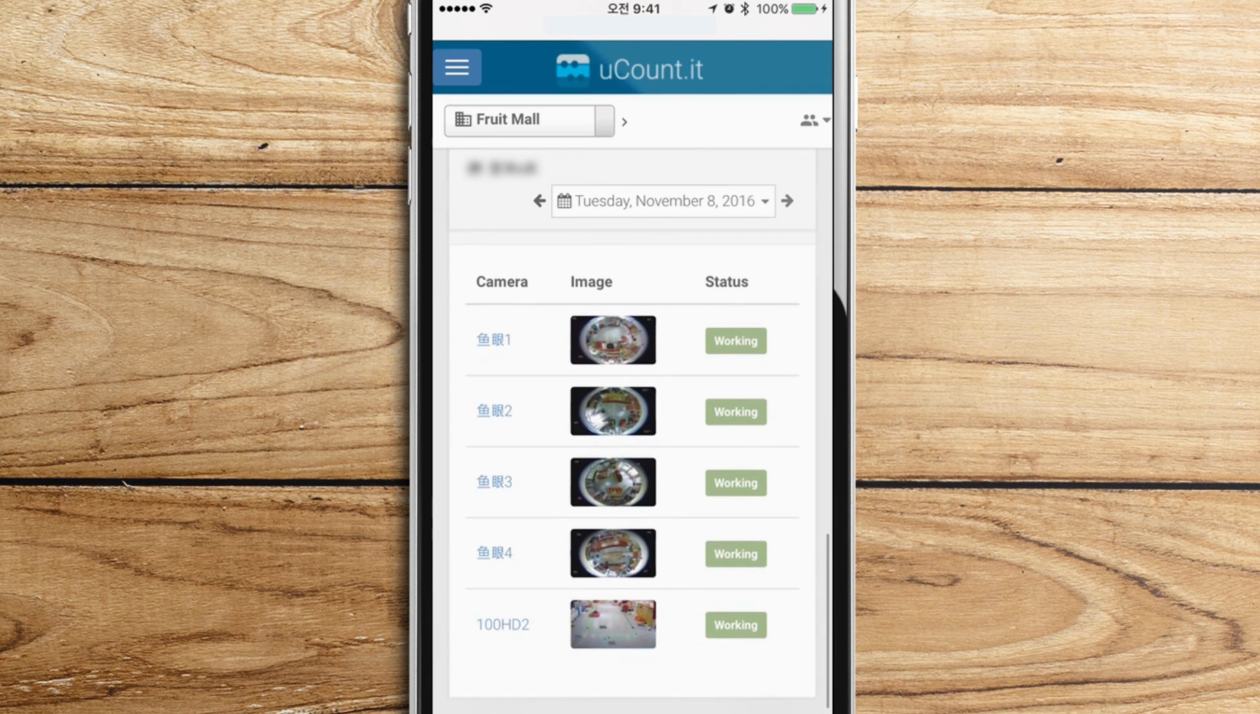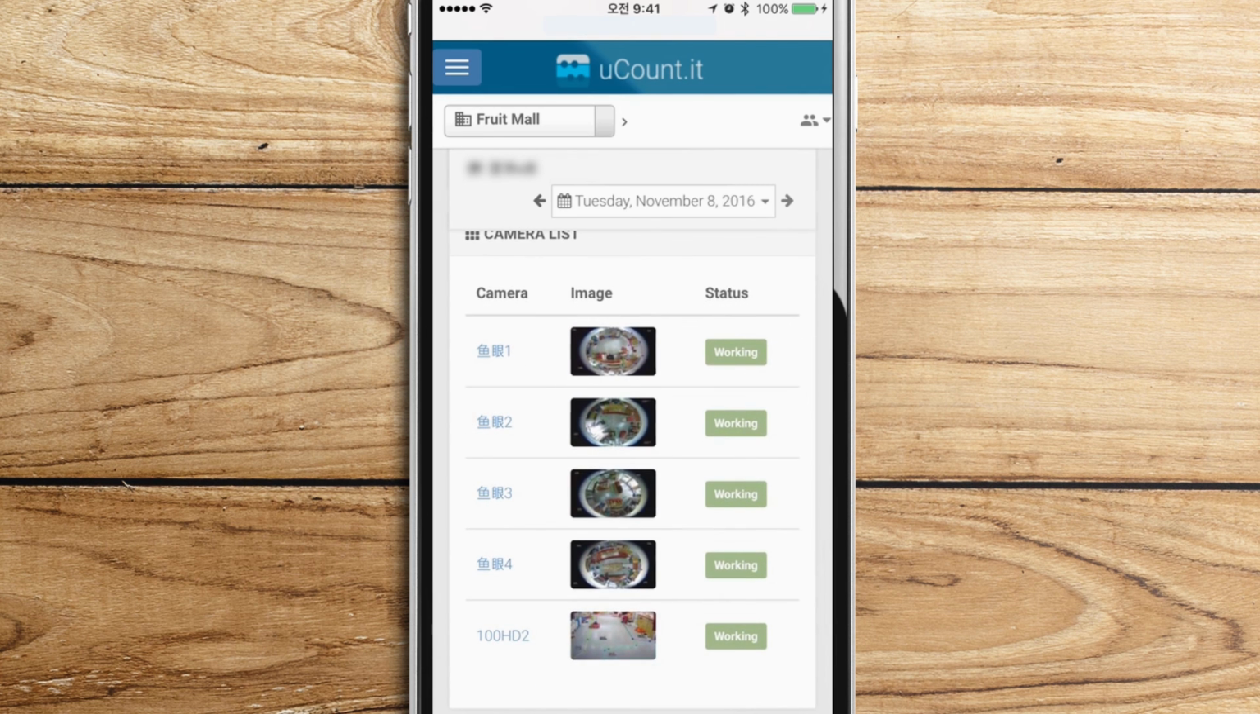This is the end of the page, where you can see again statuses of the cameras for this store. This is the end of the cloud story, and if you wish, you can